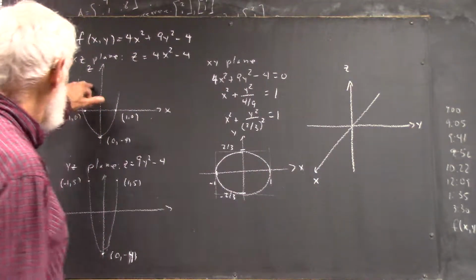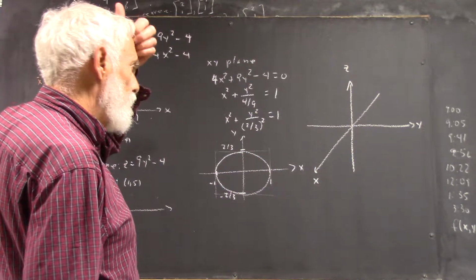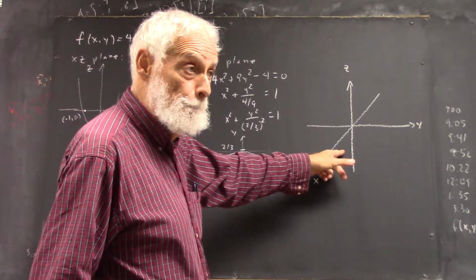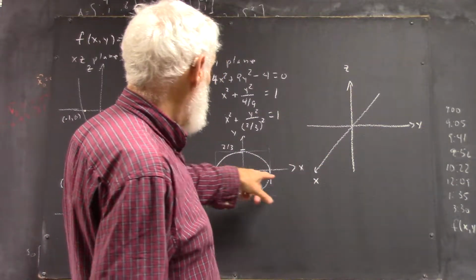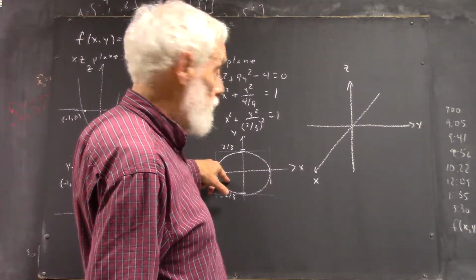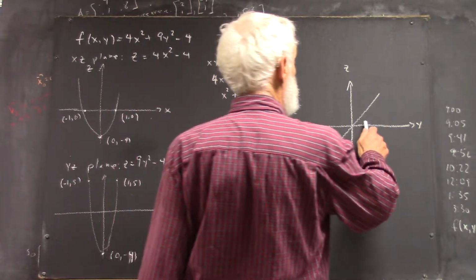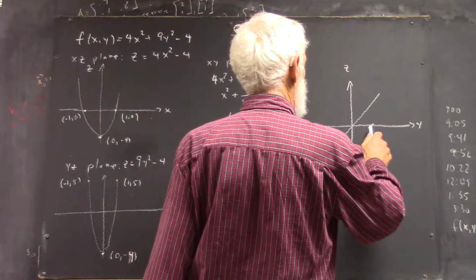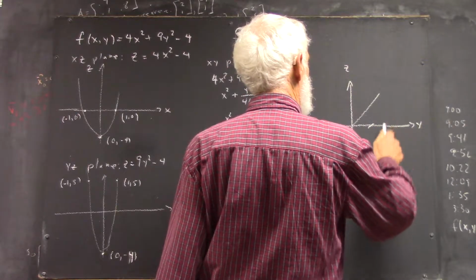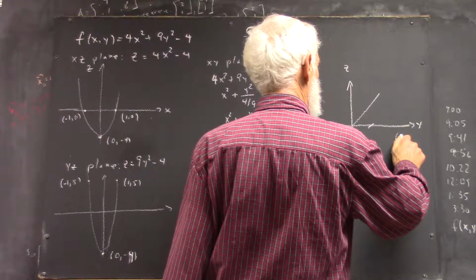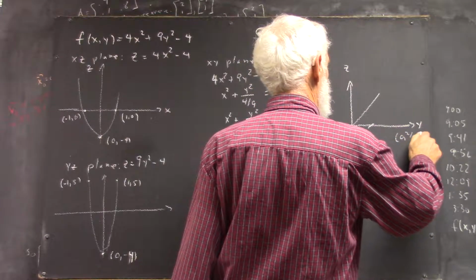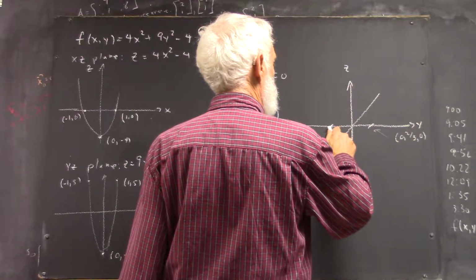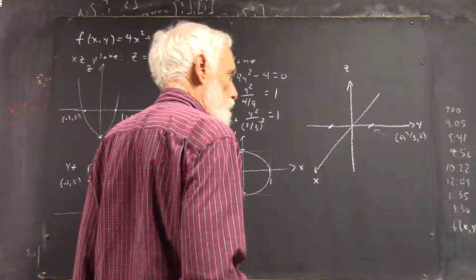Okay, so we have these three graphs. How are we going to sketch this information in three dimensions? Well, I'm going to start with the XY plane, and I'm going to sketch my graph of the ellipse. It comes out to 2/3 on the y-axis, so let's just put 2/3 here. So this would be the point 0, 2/3, 0, and this of course would be 0, negative 2/3, 0,